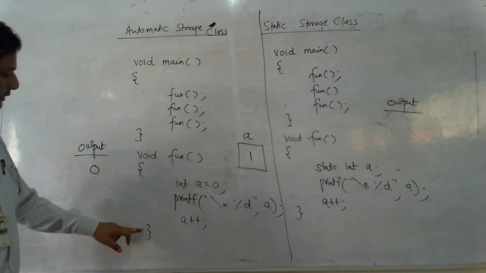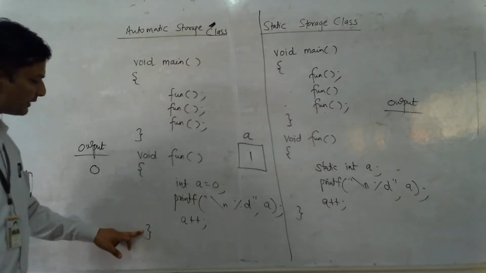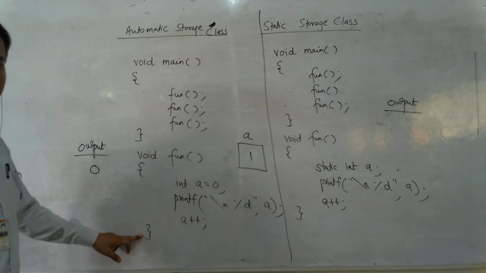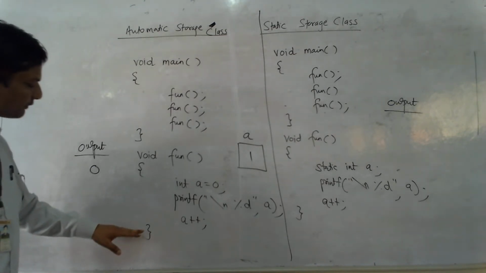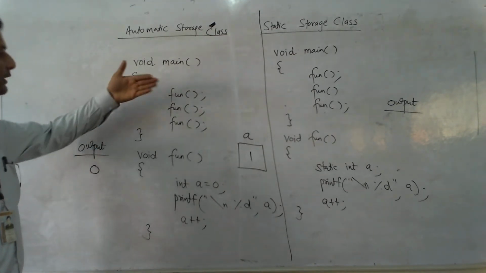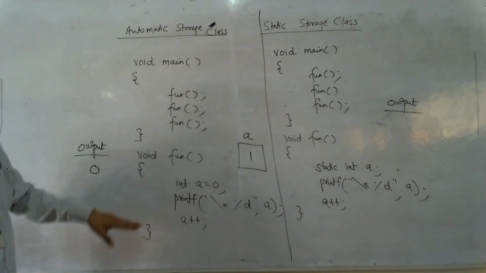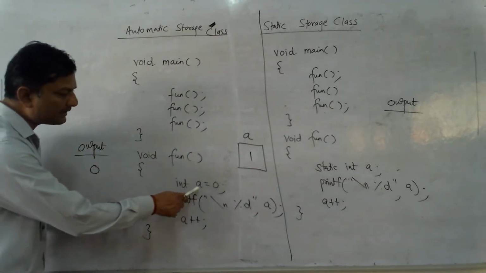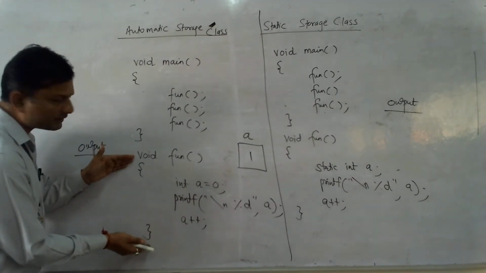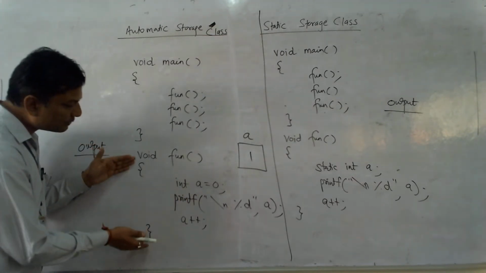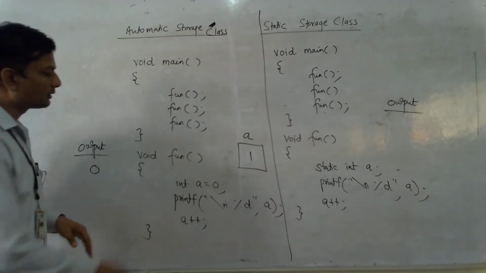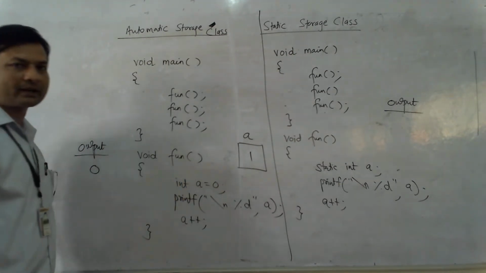Now, with the closing bracket, we can see fun. This bracket closes. This block ends. So the control returns back to the place from where it jumps. In this block, the variable a is declared only in this fun block. So as soon as the control comes out of the block, what will happen to variable a?